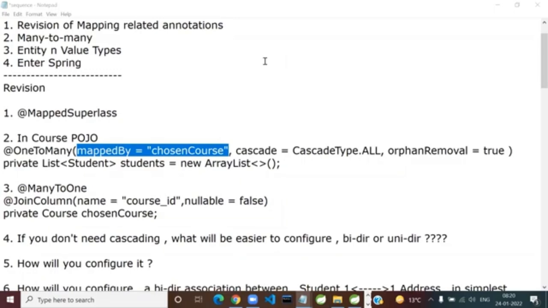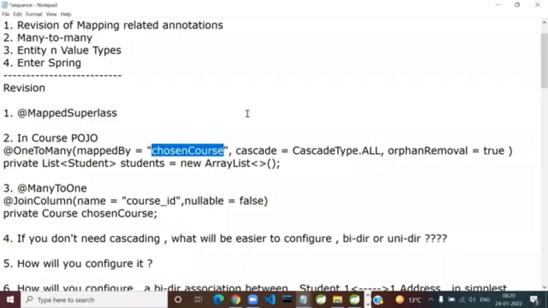Inverse side. So your course is the parent side, the one side, the inverse side of the association, where it appears. And this is to tell Hibernate that whatever follows is the inverse side. What should be the value of it? The value should be the name of the property as it appears on the owning side.